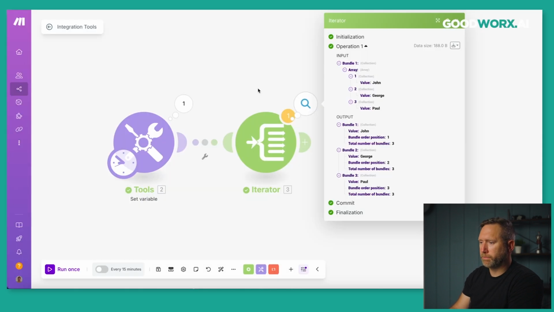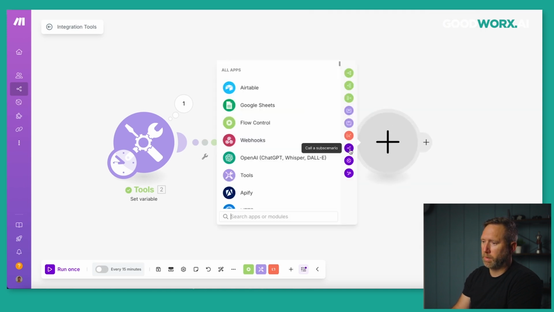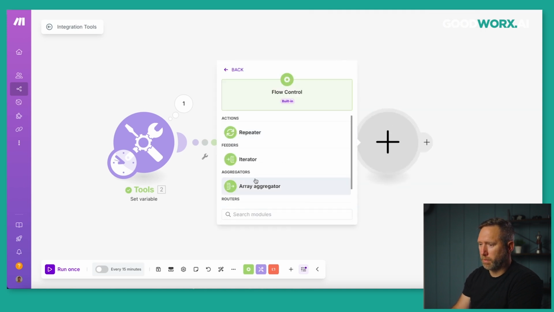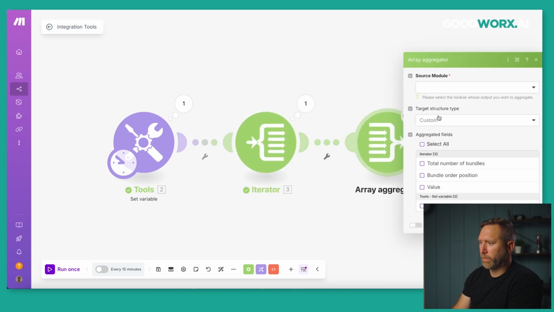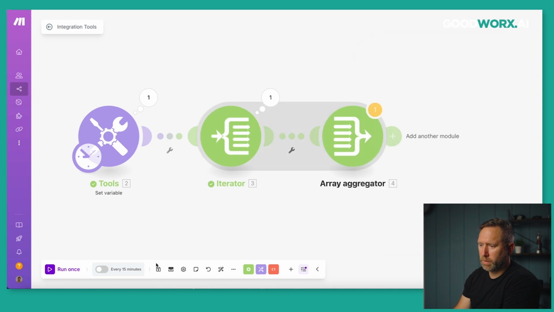So for example, basically what we can do at this point is just add an aggregator right next to that. And it's going to ask for the source module, which in this case is the iterator. That's where it's coming from. We can choose what we want to be in that single array or single output, and we'll just choose all and hit save,